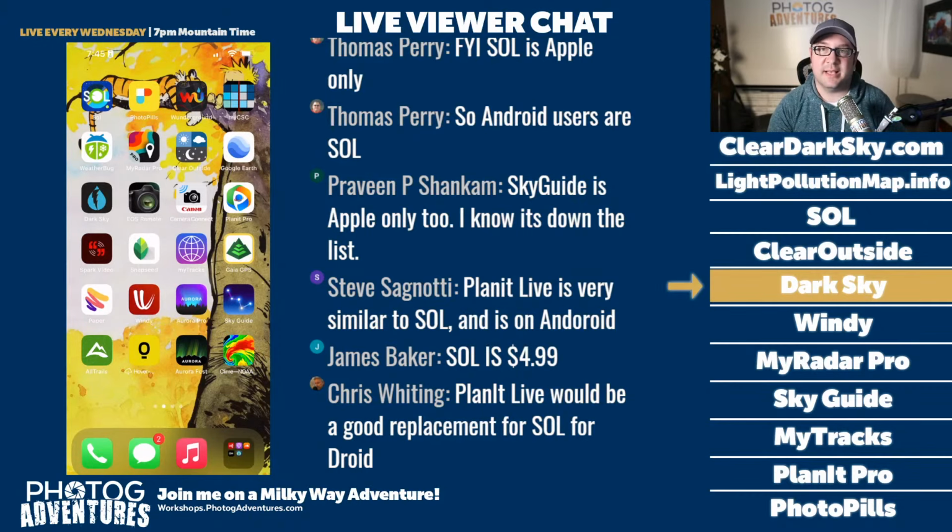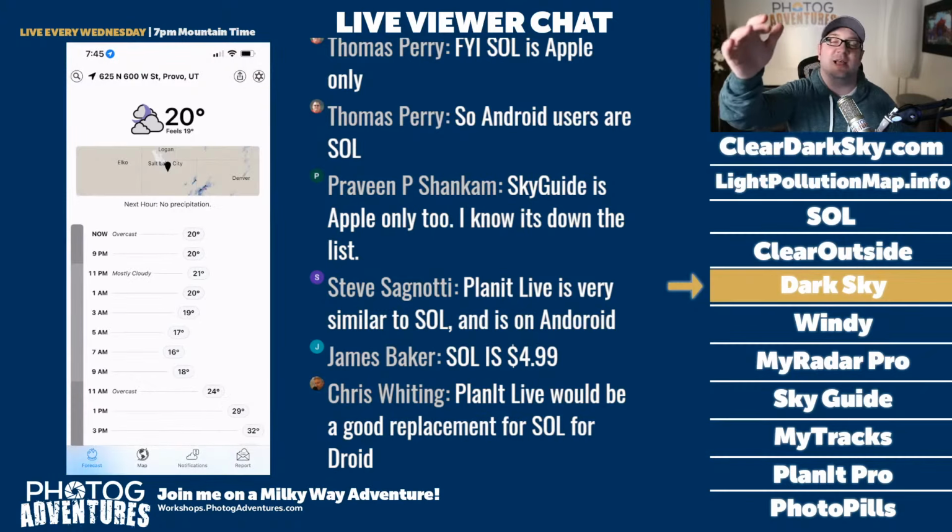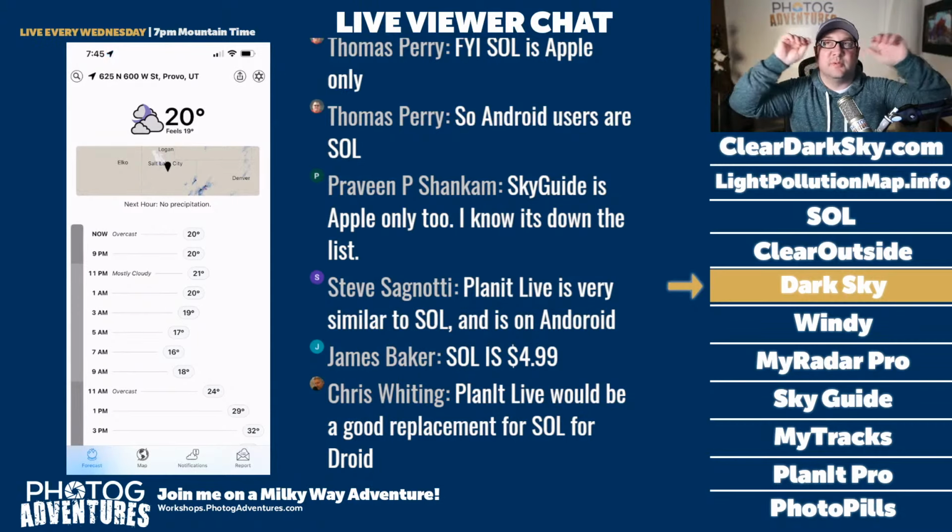It gives you some estimates that I've experienced some success where it's brilliantly accurate, and some other ones that are just terrible. It said it was going to be perfect and it's just terrible. In fact, James Baker and I were out in Salt Flats, and it said it was going to get good, and we're sitting there thinking, this sky has clouds. Let me show you what Dark Sky looks like while I tell a story. This sky has so many thin clouds that form just before